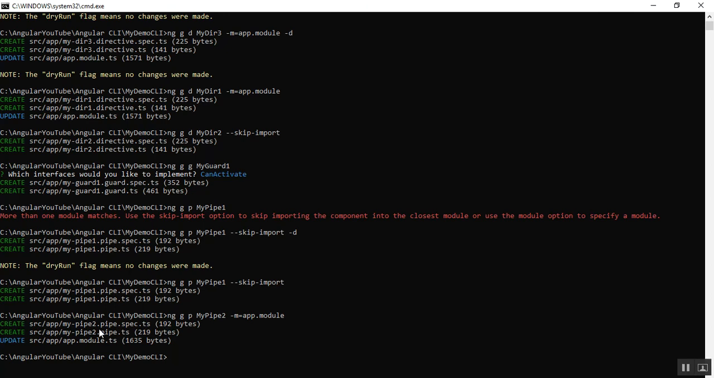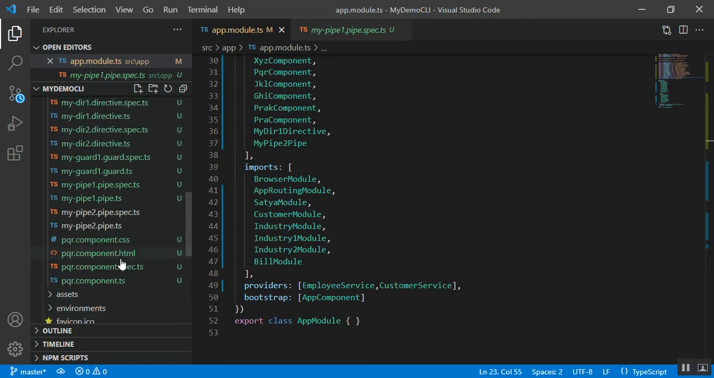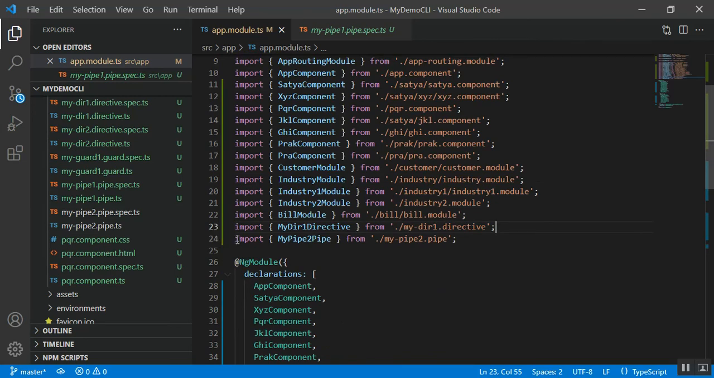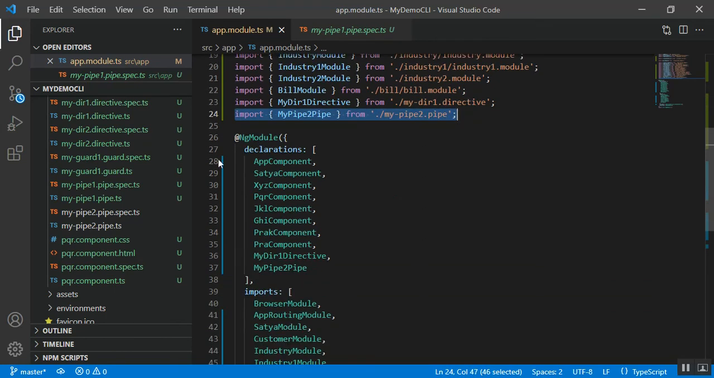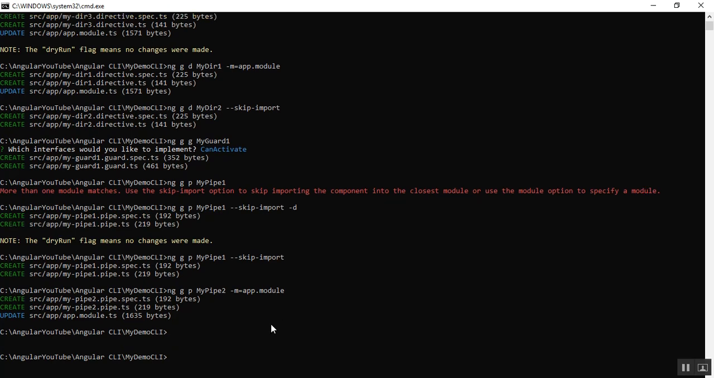So you can see my pipe 2 is created or generated, and it is imported inside the app.module.ts. So I'll go to my Angular CLI project here. Here, guys, you can see my pipe 2 is created as well as imported inside the app.module.ts file, using that option. And also it is a part of that declarations array, this my pipe 2 pipe. It is because of that option -m equal to app.module that it is registered and imported inside the app.module.ts file,